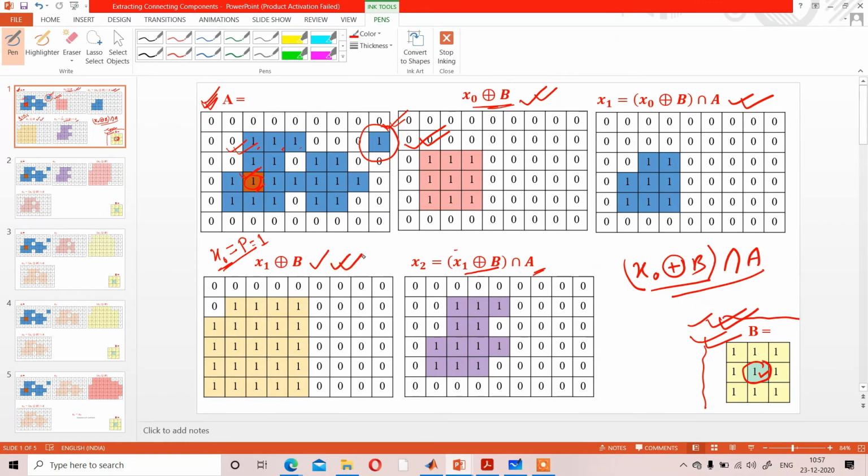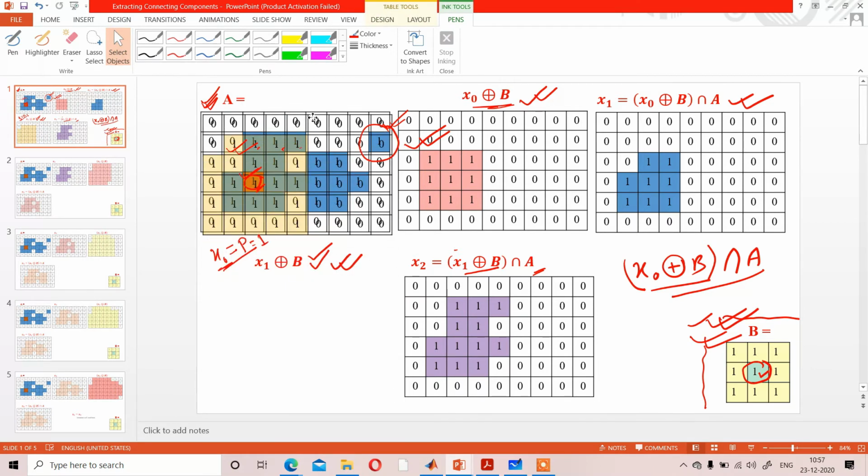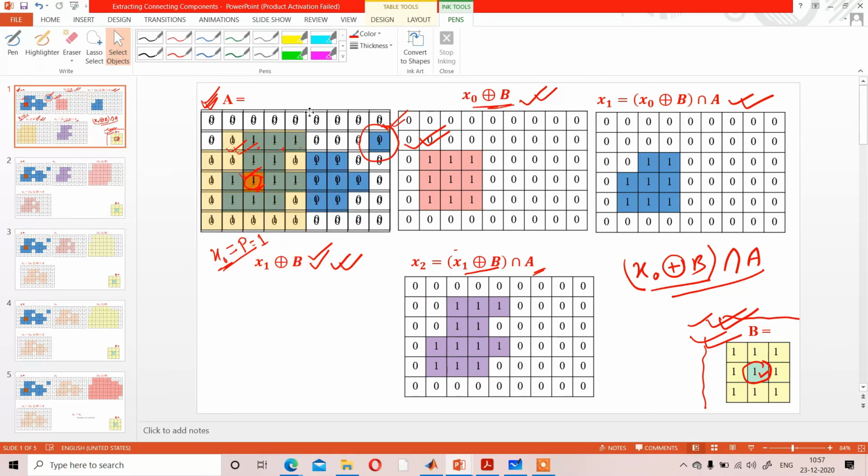If you do the dilation over that pixel, considering that structuring element, you will get this result. You can check it. I will provide you the PPT. Then you can check it, or you can just write it down and check it. That is x1 dilation b. After dilation, again you have to do the intersection with A. If you do the intersection with A by this dilated result, you can check the common points. These common points are considered here as the result of x2.